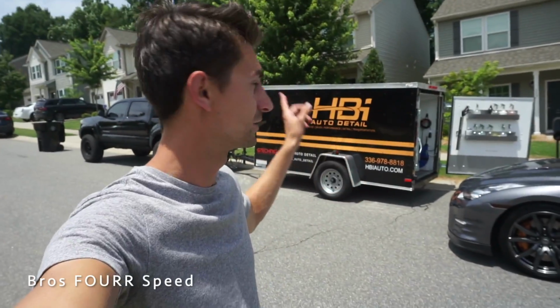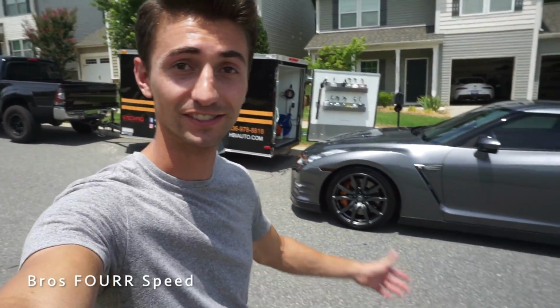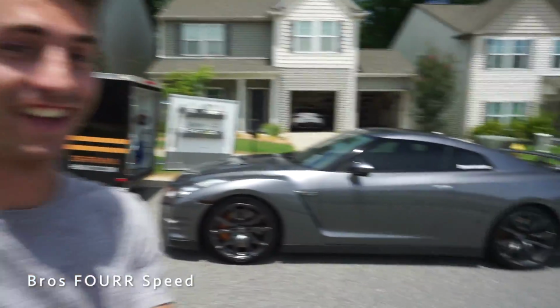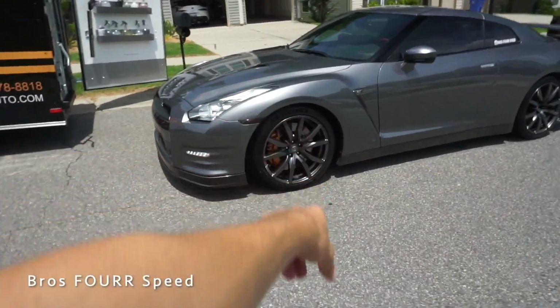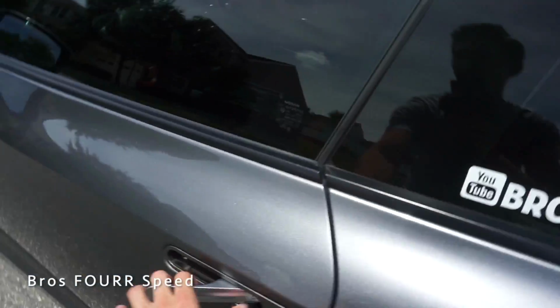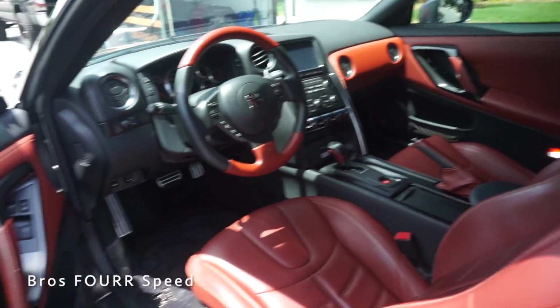And shout out again to HBI Auto Detail for coming to the house and getting the GTR looking perfect. It has not been this clean in about a year. And oh my gosh, everything. The wheels are done, the calipers, the tires, the paintwork is perfect looking glass. The interior leather and everything's gonna wipe down. Like, dang, this thing is clean. So I'll have all their